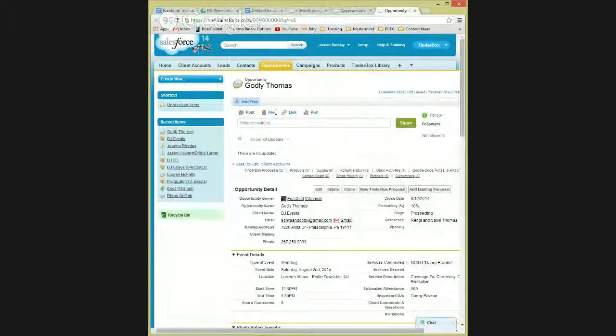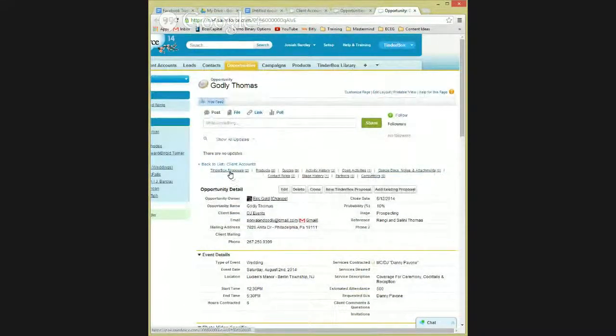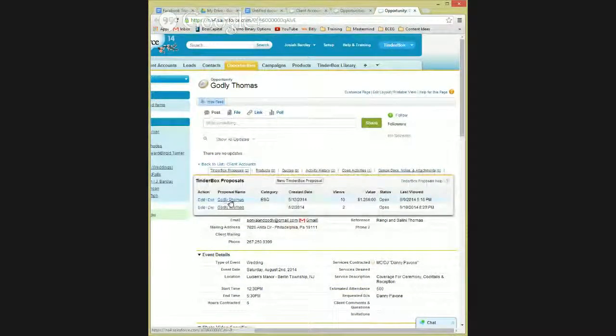Now let's open up Godly's record. And now this is all of his information. This is his phone number here, his email address, and also the information about where his event is. And if we'd also like more information, we can go over here and see the Tinderbox proposal that was